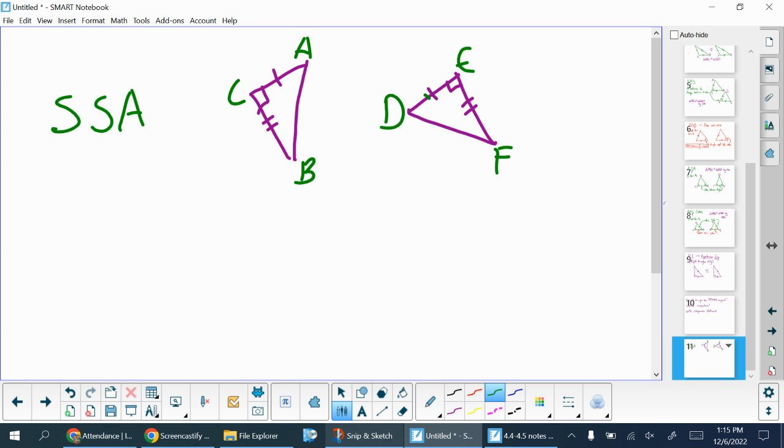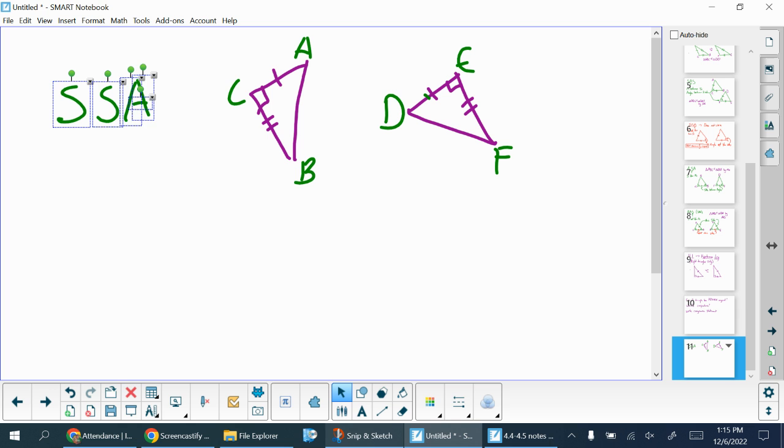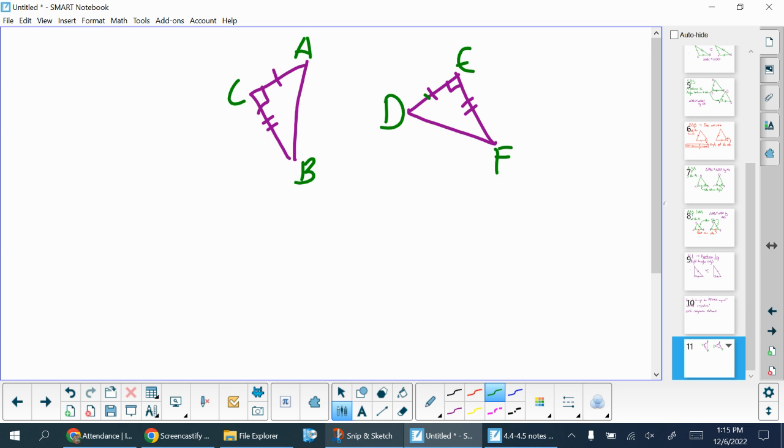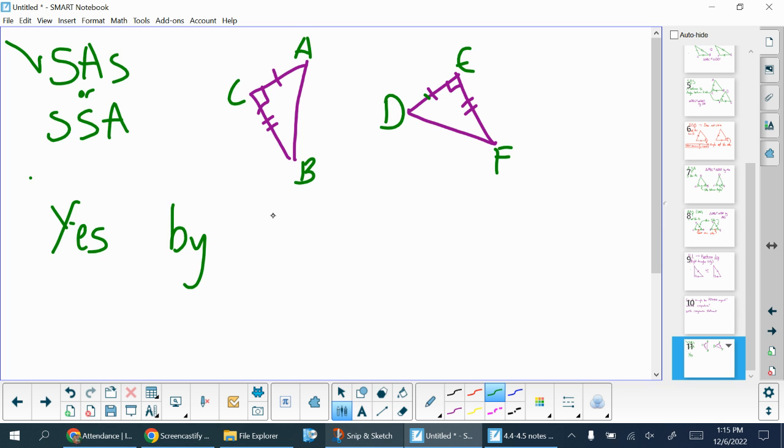We'll see if that's important in a second. So I didn't worry about what order I wrote those in. I just wrote down that there's two S's and an A. We can rearrange these if we need to, and we do need to. So what I'm going to look at here with my two S's and an A is, where is the angle? Is it SAS, where the angle is between the two sides, or is it SSA, where the angle is not between the two sides? So I find my two sides, I look where they meet, and yes, that is the angle. That tells me this is SAS. Since SAS was one of the ones that did work, we can say yes, by SAS,